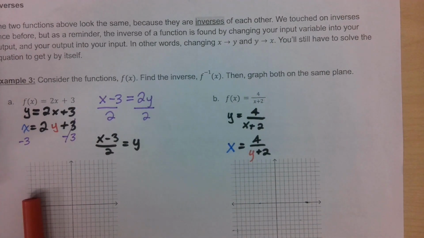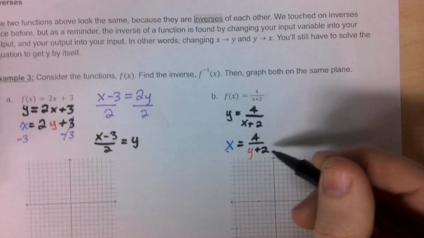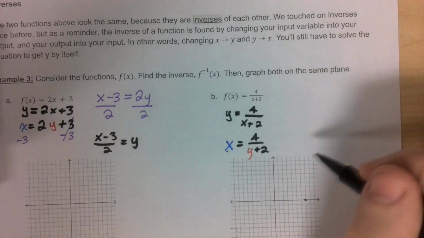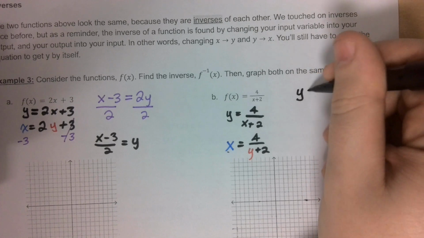We also learned a shortcut last unit to help us with solving this. Does anyone remember? The trick we learned is, anytime you have a whole number on one side of an equal sign, and your denominator on the other, you can swap the two. So we can rewrite this as y equals,